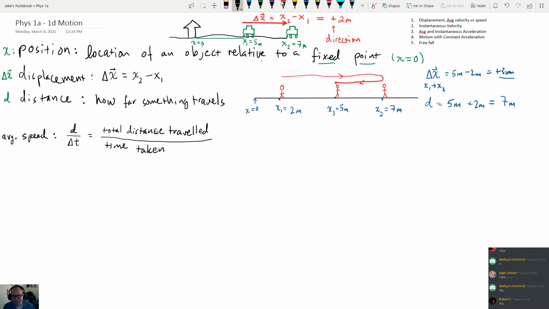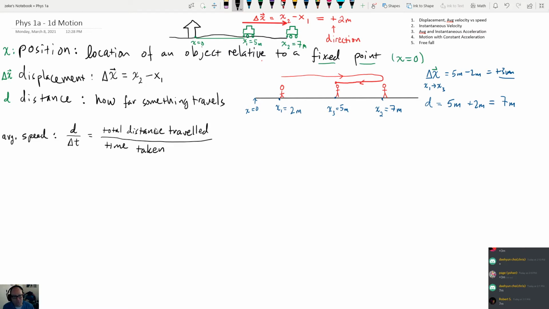If you think about just your average commute between your house and, let's say, a store or something like that, you don't go a constant speed the entire way, right? You tend to speed up and slow down. You have to stop at stop signs, stop lights. You have to make turns. And so your average speed doesn't care about how many turns you take, how many stops you take, or anything like that. Those just add up into the total time. And to find the average speed, you just look at the total distance traveled and divide by the time taken,